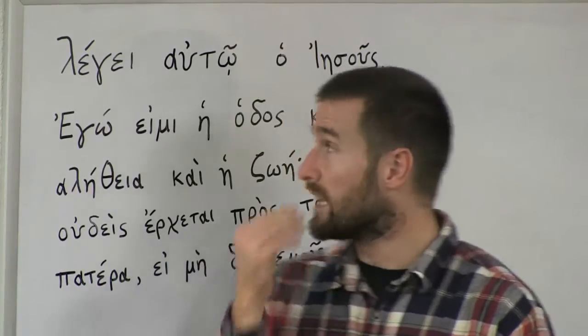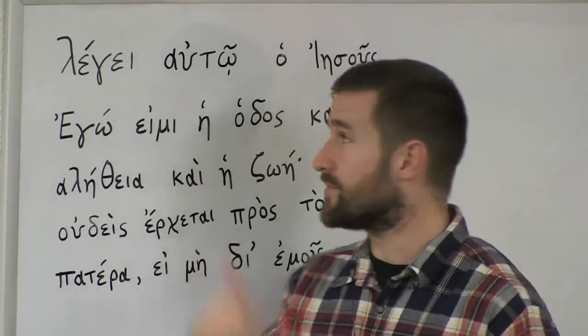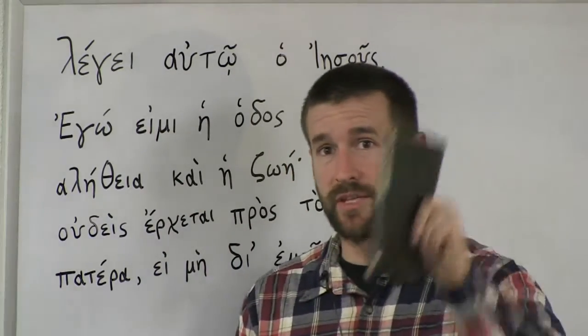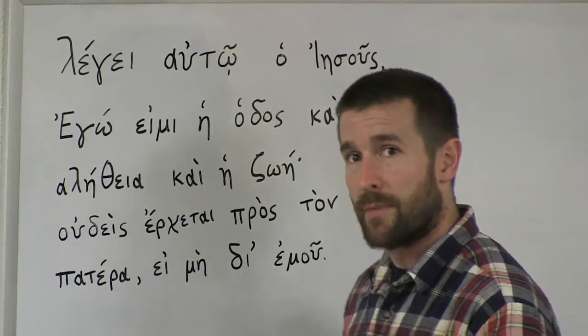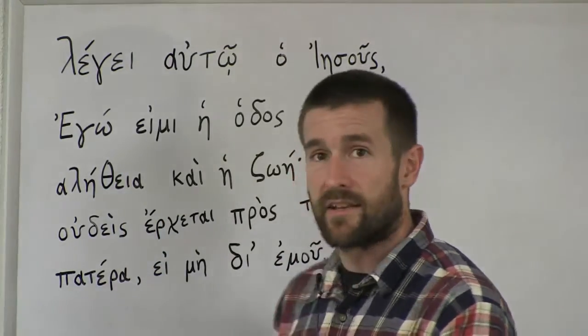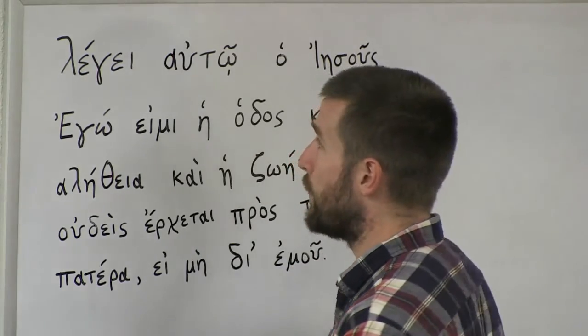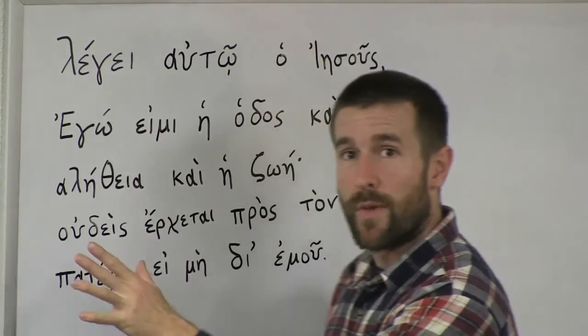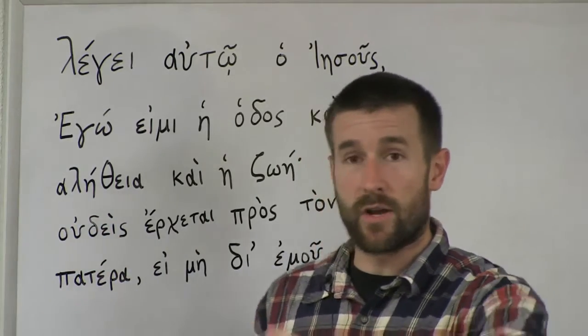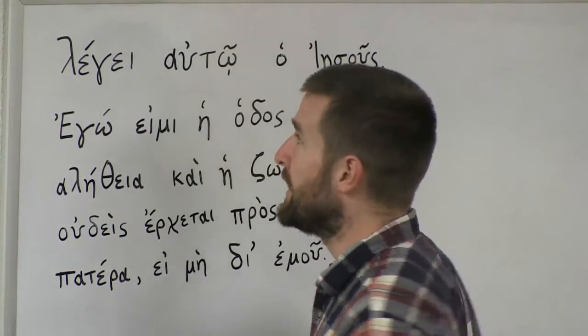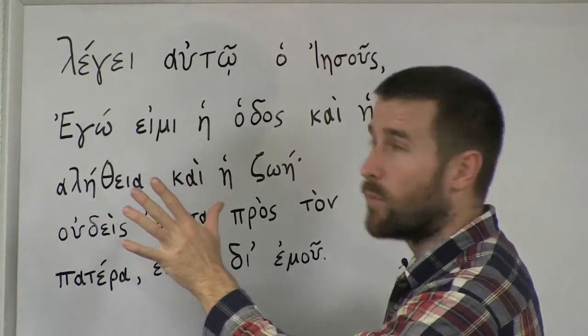And today we're going to be talking about John 14:6. This is John 14:6 from the Greek New Testament. I've got the Textus Receptus from the Trinitarian Bible Society, the Greek text underlying the King James Bible. So we're going to go through this word by word. Hopefully you already watched the video on John 1:1. Hopefully you already memorized John 1:1. But let's go ahead and go through this word by word.